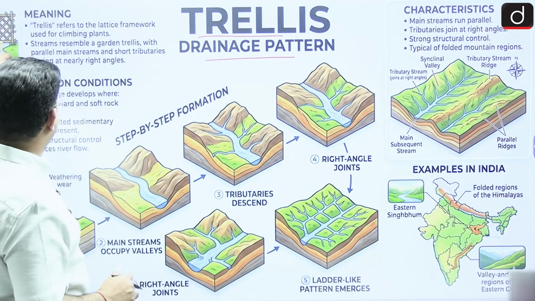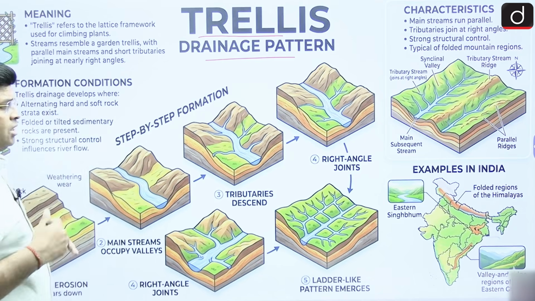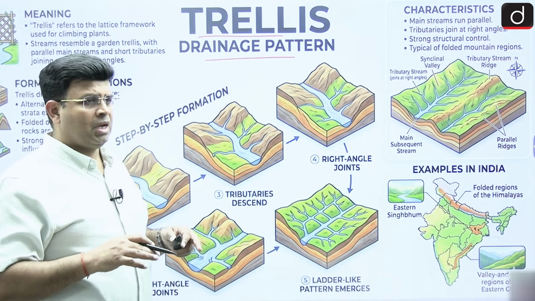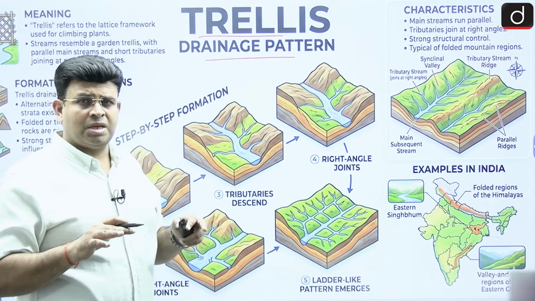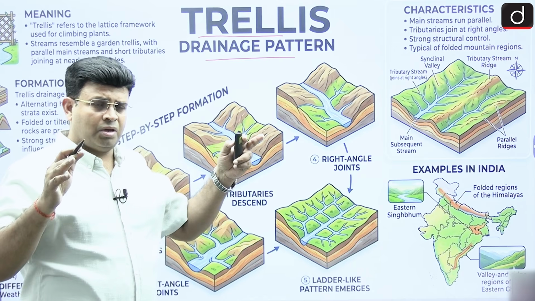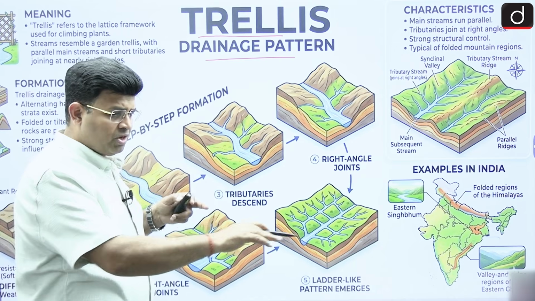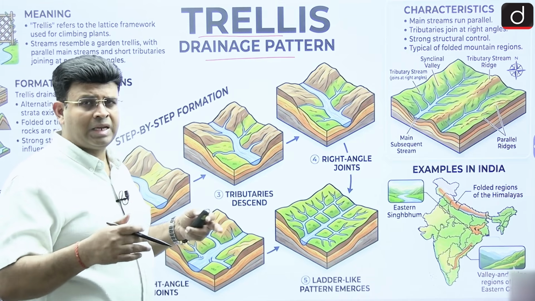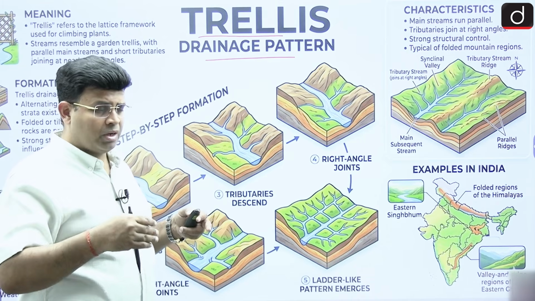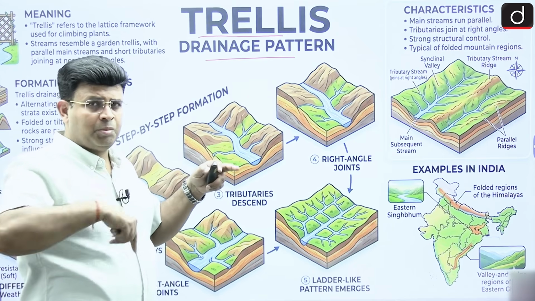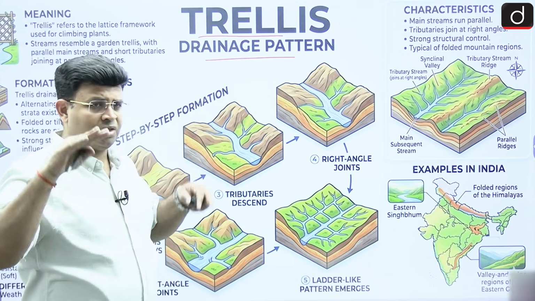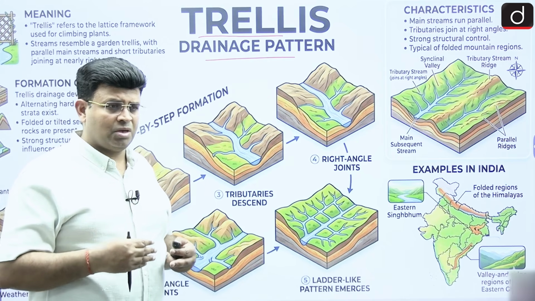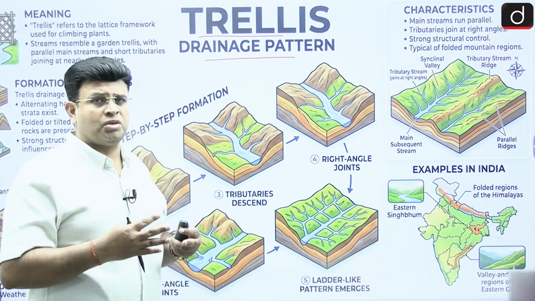You can say that the ladder and lattice structure generally forms over hard and soft rock, where there is differential erosion. In this region, the main river is going through, and the tributaries are meeting at near right angles. This is the most important part: it can be between fold mountains, where there are hard and soft rocks. So this trellis river drainage pattern develops depending especially upon the structure of the rock.